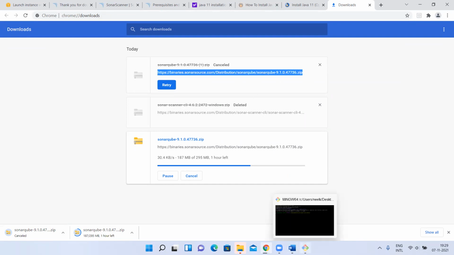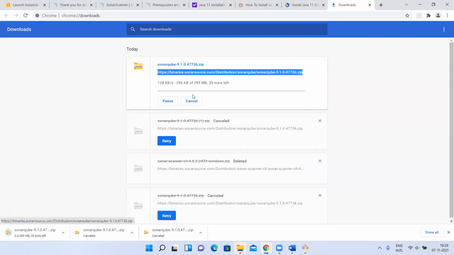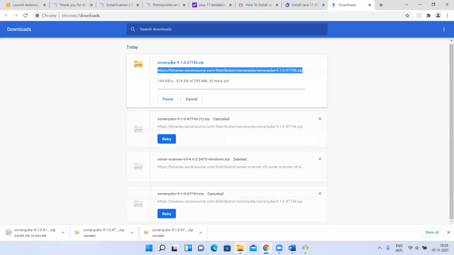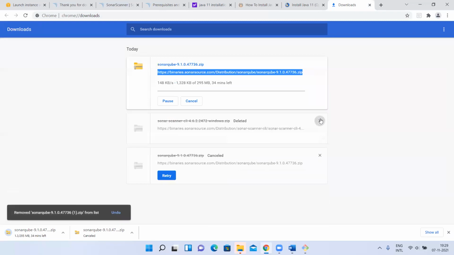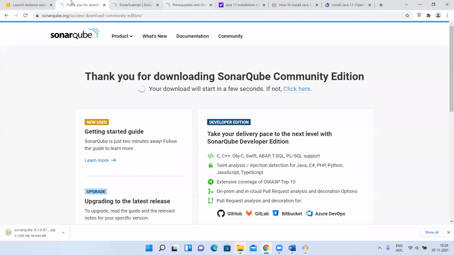I have the 8 version, so let me go with the 8 version and show you. Sorry, let me continue with this. I stopped it. Anyways, let me download this. For Windows, I'll show it in the next sessions. Let me keep this download for Windows. For now, we'll see with Linux.